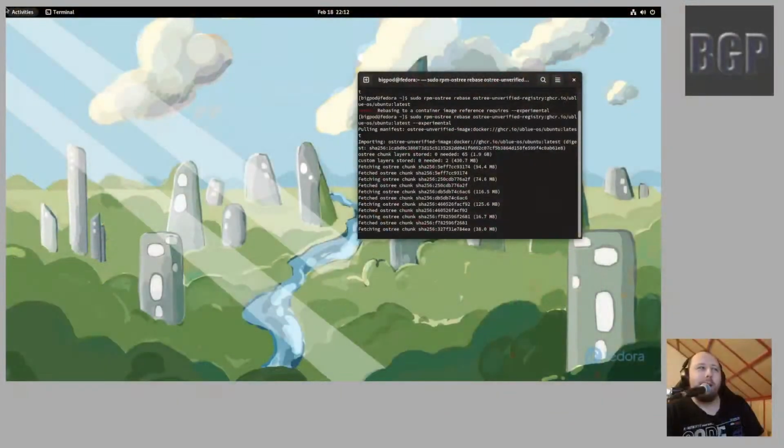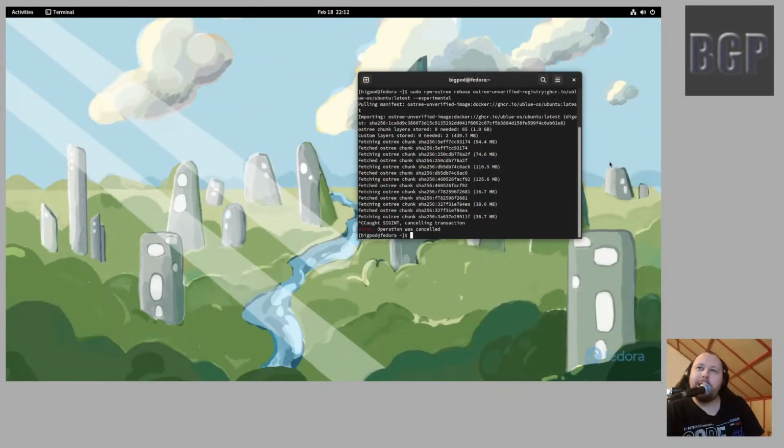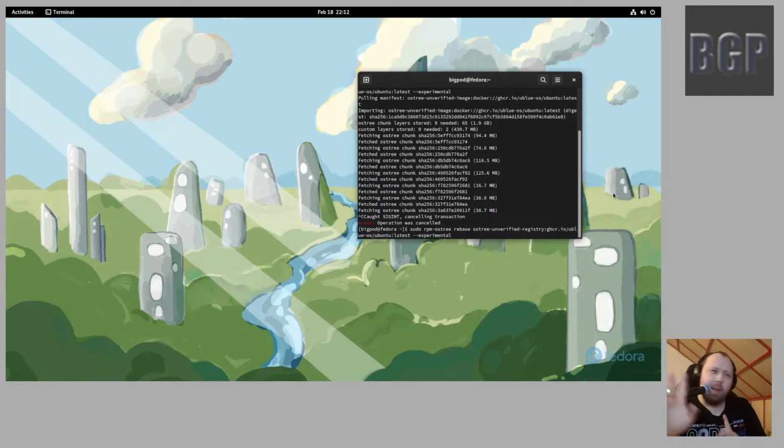So, somebody should have mentioned to me that I'm not showing you the content of my VM. So this is the command: sudo rpm-ostree rebase ostree-unverified-registry. I had one Y too many, so I had two, and